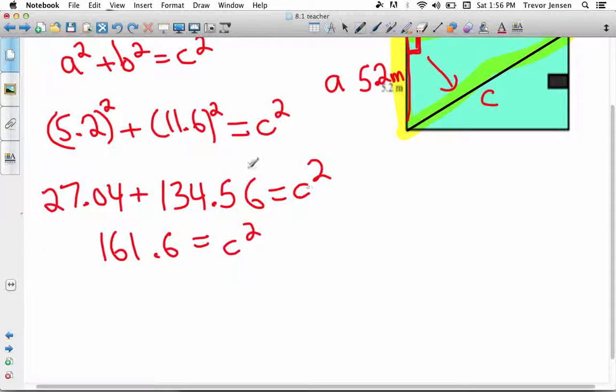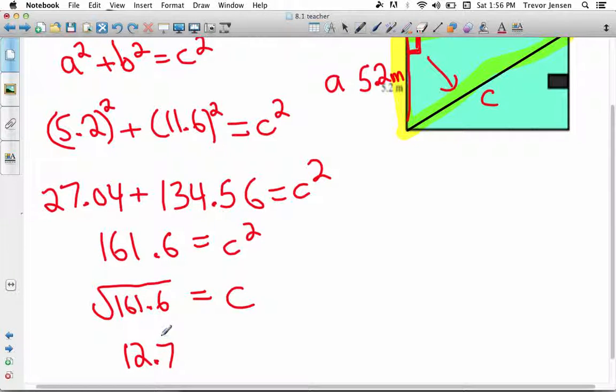So right now I have C squared on the right. To isolate the C, do the opposite of squaring it, which is square rooting it. So I must square root the other side and get the square root of 161.6 is equal to C. So now to get my answer for C, I must actually evaluate the square root of 161.6. And now it asks me to round my answer to the nearest tenth, so now I can actually round my final answer, and I get